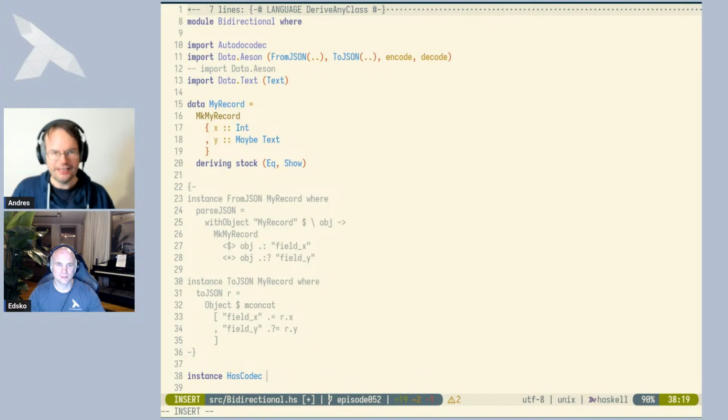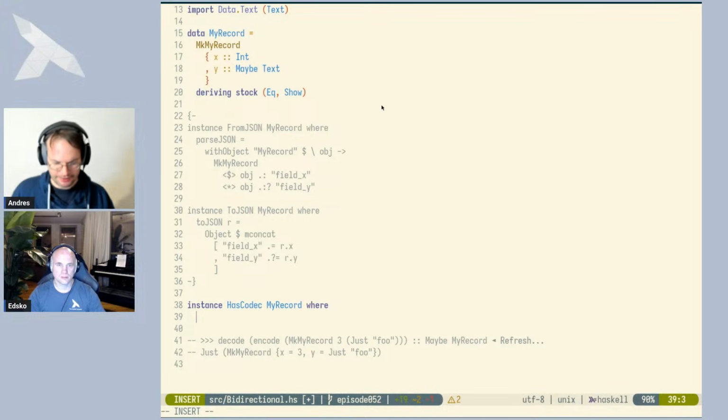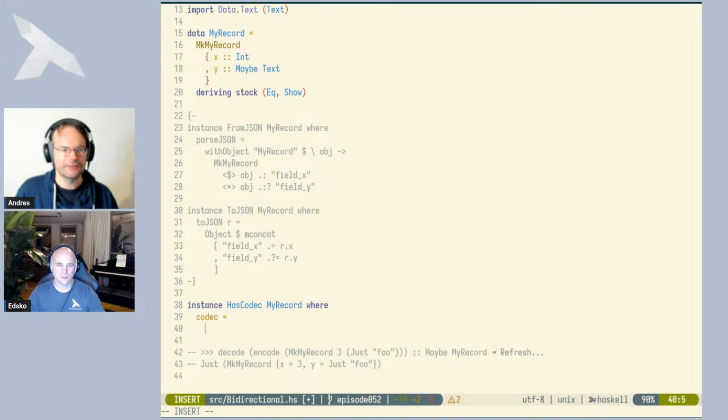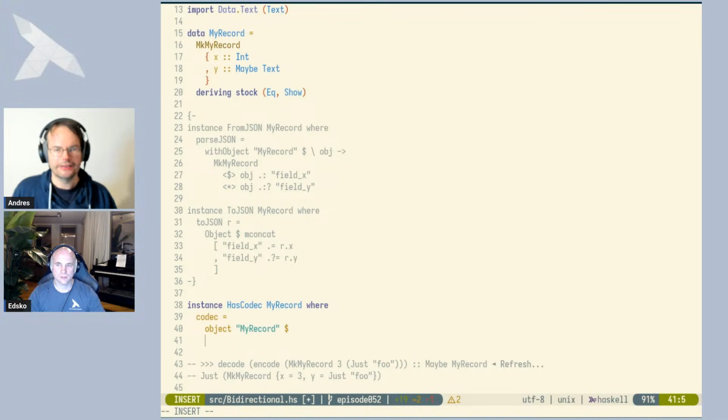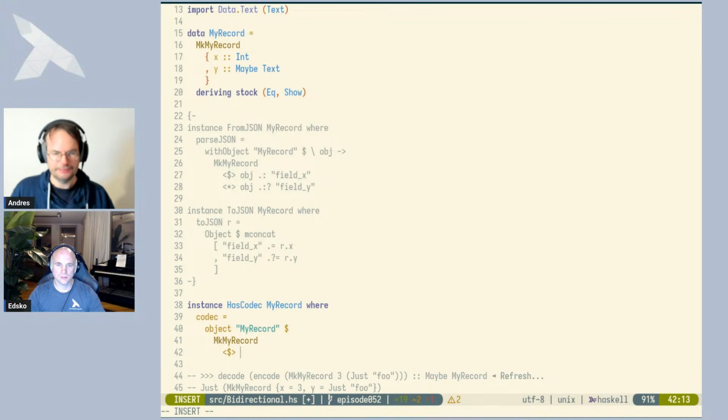There's a class HasCodec that we have to instantiate for my record now. And again, it's looking quite similar to what we had before, or a combination thereof. There is a single method here that we have to instantiate, which is called codec. Then we say we want to have an object, which is called my record. Within here, we have an applicative structure, make my record. And then instead of these fancy combinators, we are using named functions here, required field,